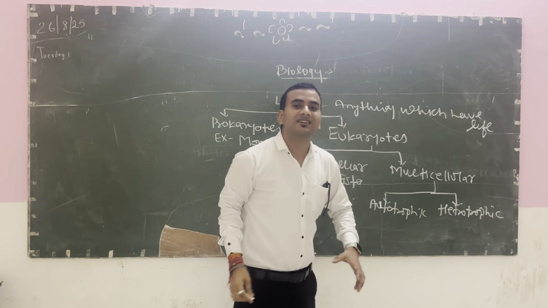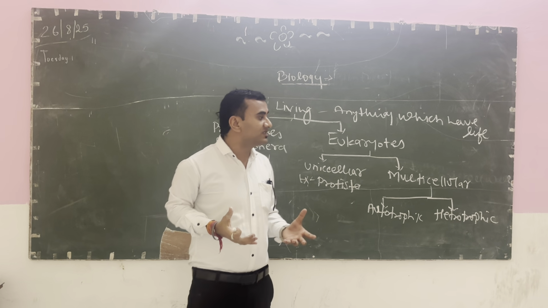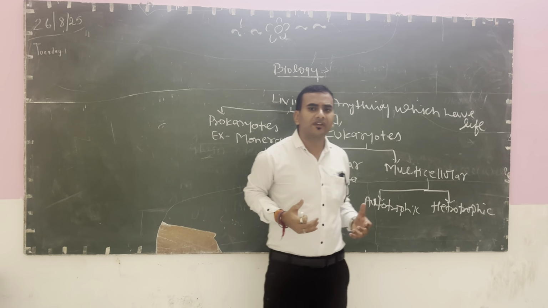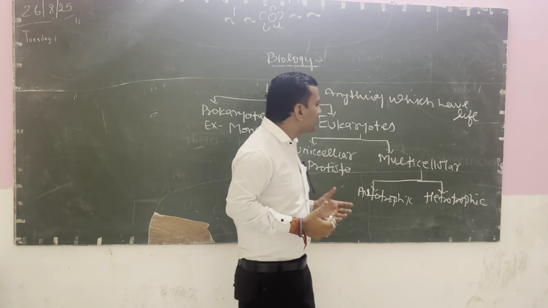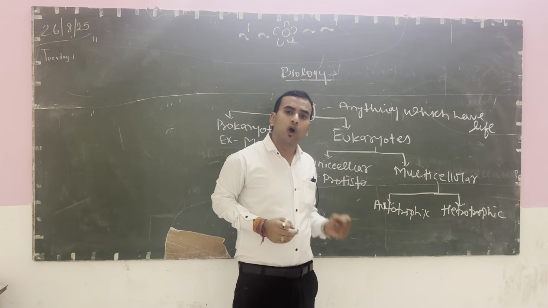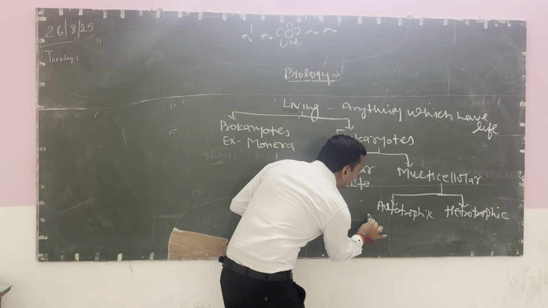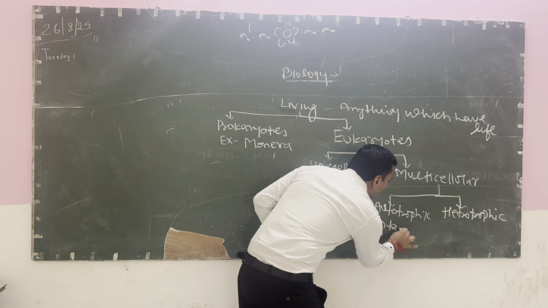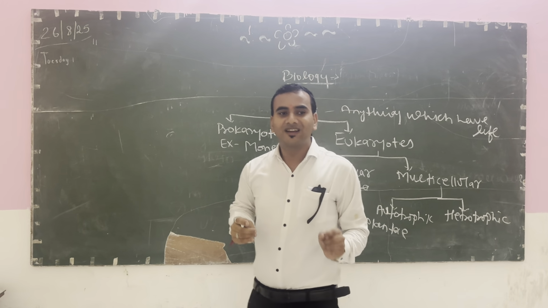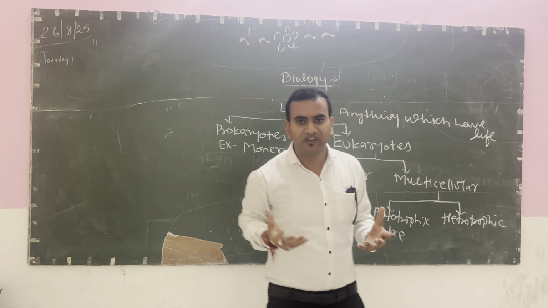Listen, auto means self and trophic means nutrition. The organisms which can produce their own food, that is called autotrophic organisms, and the organisms which depend on others for their food, that is called heterotrophic organisms. The example of autotrophic is kingdom Plantae. Why are plants autotrophic? Because plants have a pigment called chlorophyll, and chlorophyll is an essential pigment which is very necessary